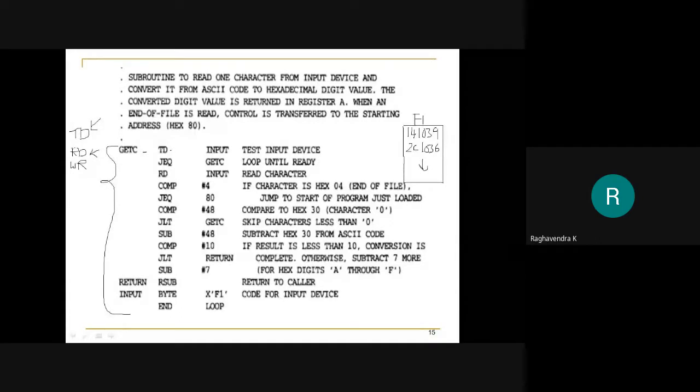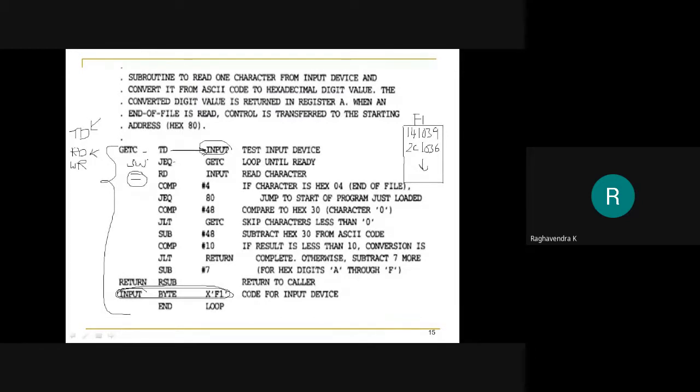So we will first check by using TD input. Now what is input? You can see that input is a device that has been declared as F1. First we check the readiness of the device. If it is not ready, then an equal to sign is going to be set in the status word.